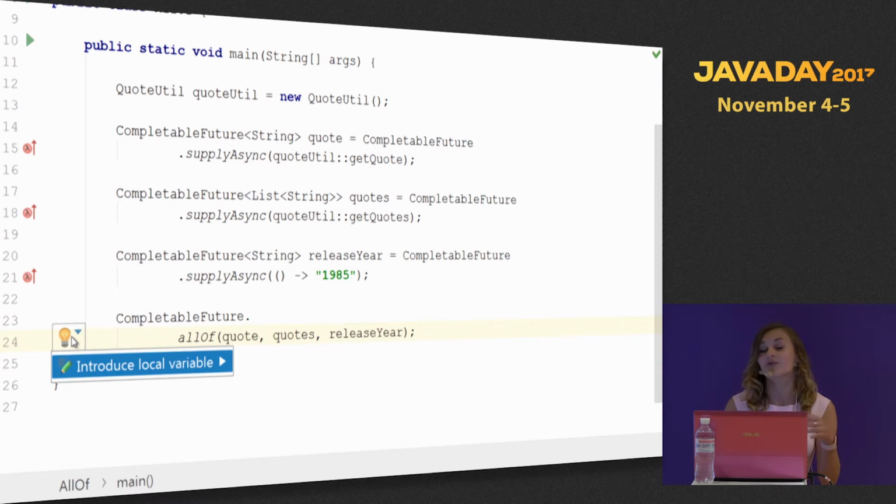I give you a hint. Of course, it will be completable future of something, but oh yeah, I have two answers in here, and the right one is, who said void? A lot of people, yeah, it will be void. It is a side effect method, that's why it will be void, because it does not know what to return in here,